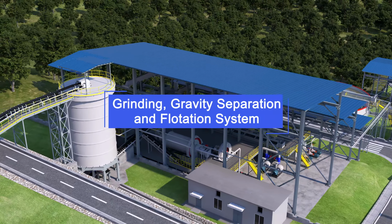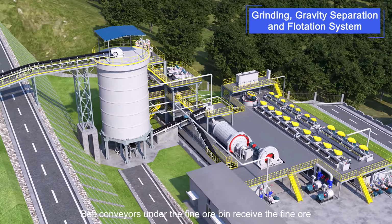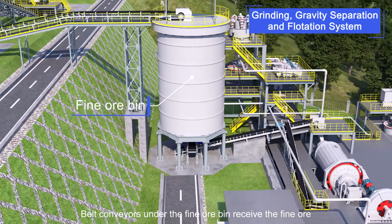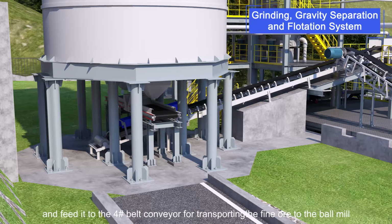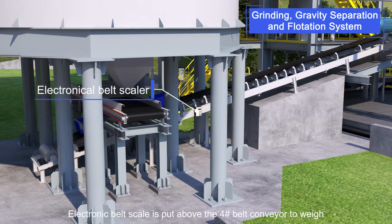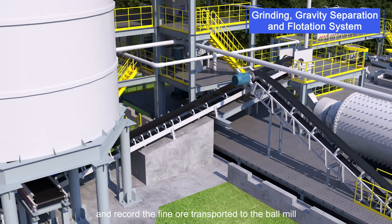Grinding, gravity separation and flotation system. Belt conveyors under the fine ore bin receive the fine ore and feed it to the number 4 belt conveyor for transporting the fine ore to the ball mill. An electronic belt scale is placed above the number 4 belt conveyor to weigh and record the fine ore transported to